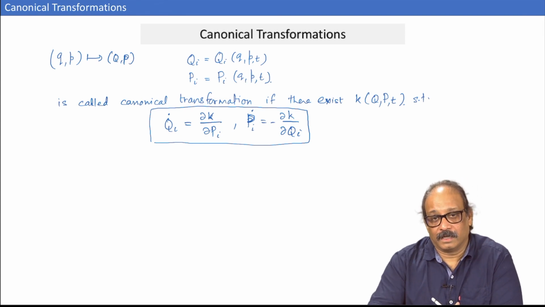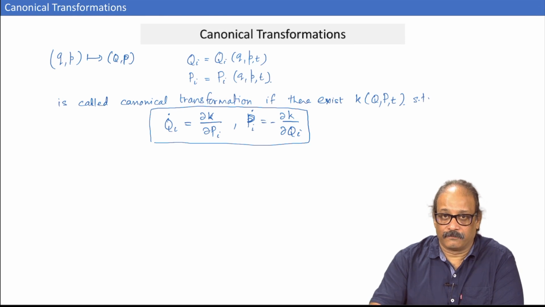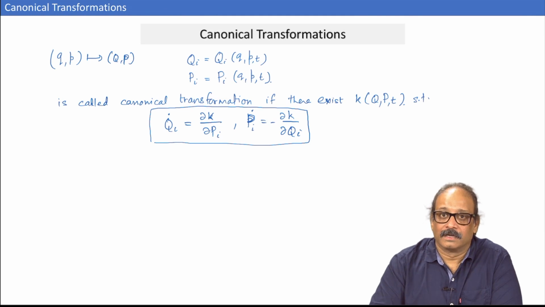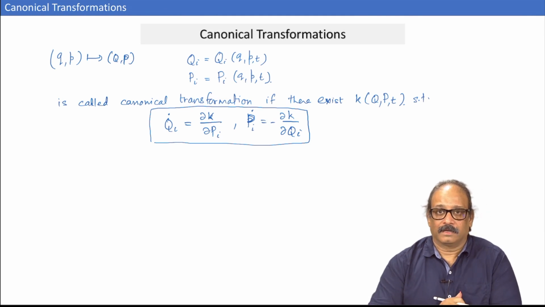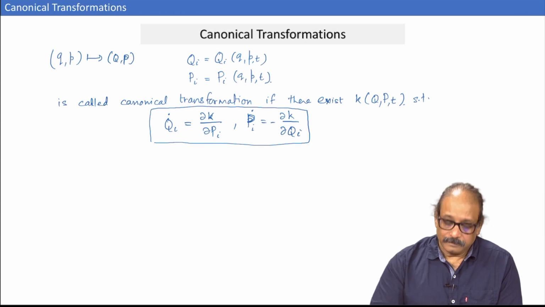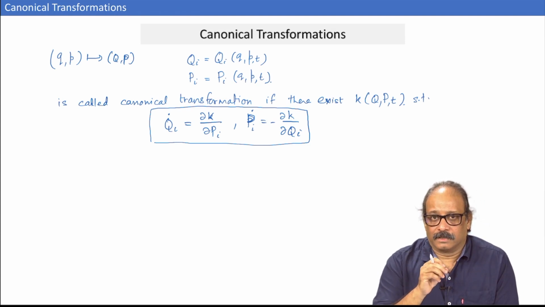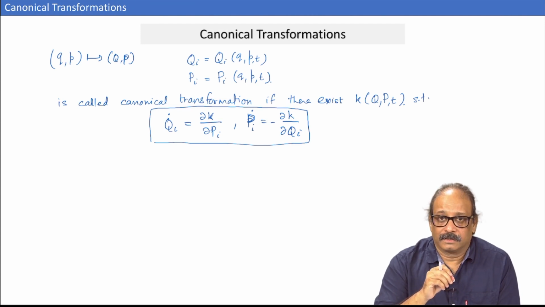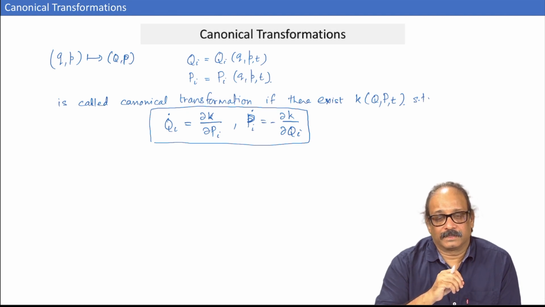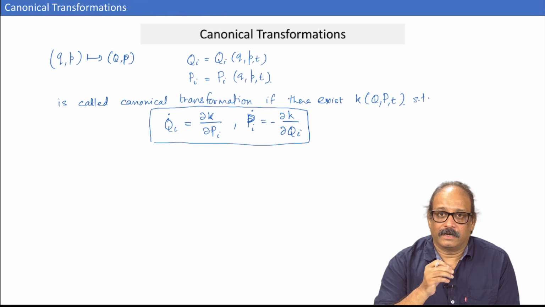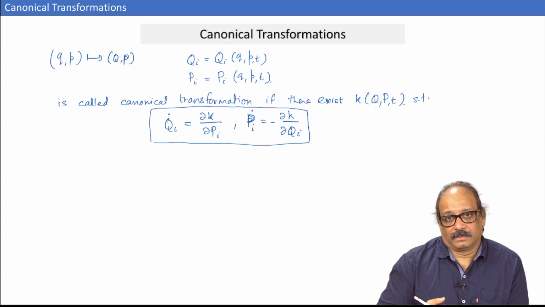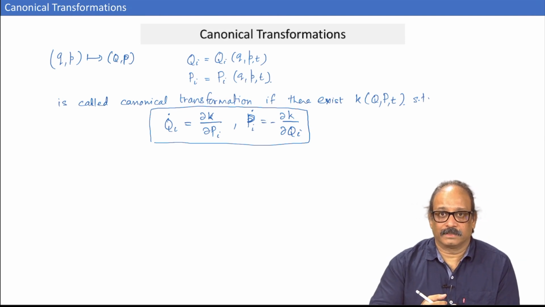If it is a canonical transformation for a free particle, it is a canonical transformation for all possible systems defined on this phase space. Now, in the next few minutes, we will try and find a condition which will tell us whether a given transformation is canonical or not, and also how to go from H to K, or how to find the new Hamiltonian K.